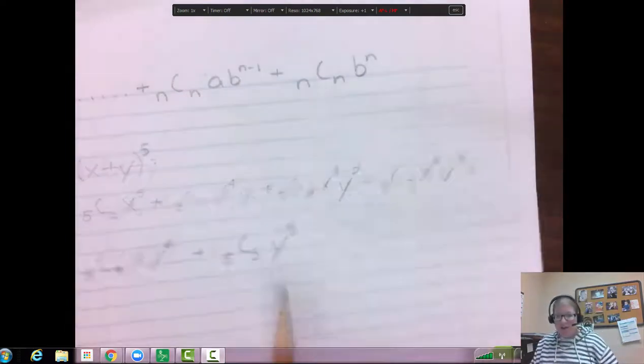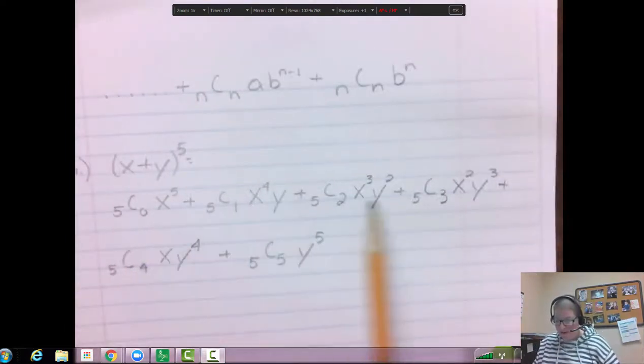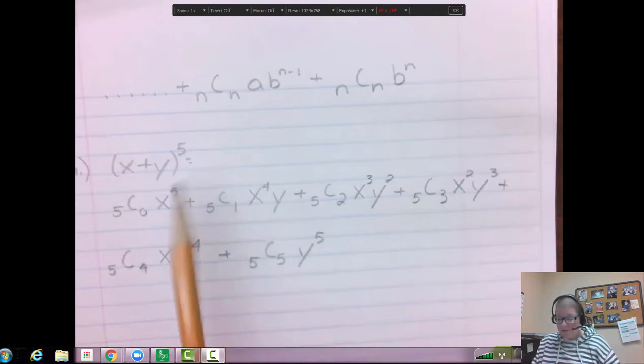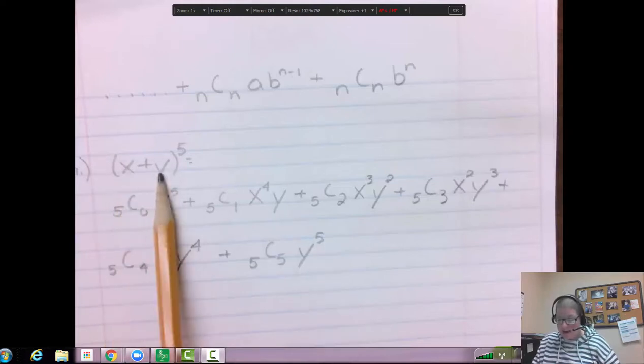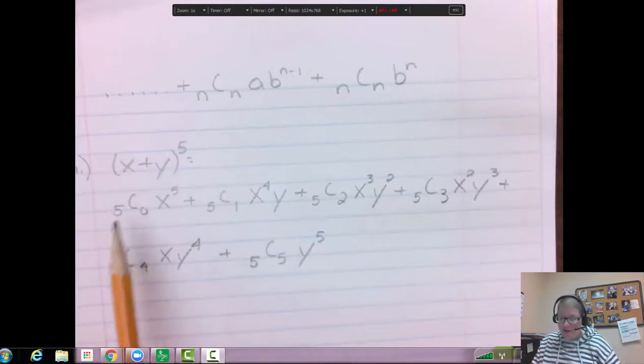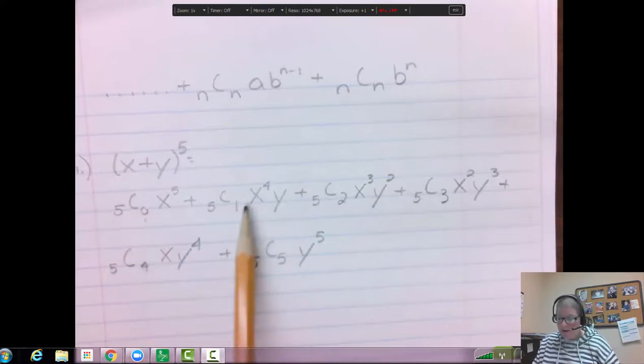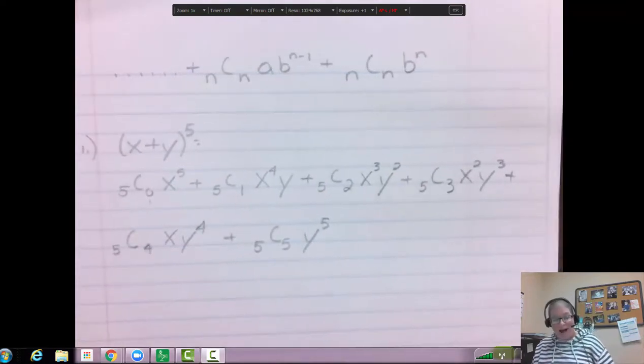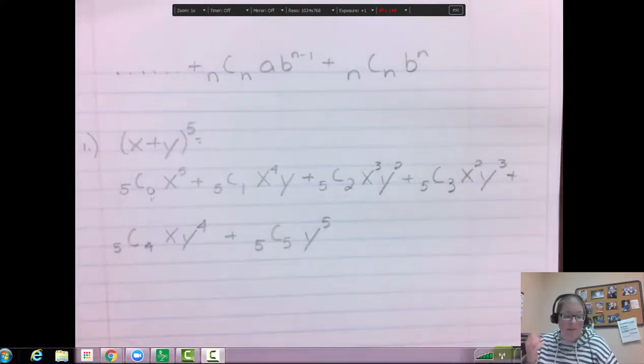So x's started at 5 and went 5, 4, 3, 2, 1, none. Y's went none, 1, 2, 3, 4, 5. This is always your x, y, whatever the first is, whatever the second is. And then the chooses go 5 choose 0, 1, 2, 3, 4, 5. Now, phew, I have to actually simplify this sucker. 5 choose 0 is an actual number that you can come up with. And so we're going to come up with all those numbers on our calculator the first time, and then the next time I'm going to show you using